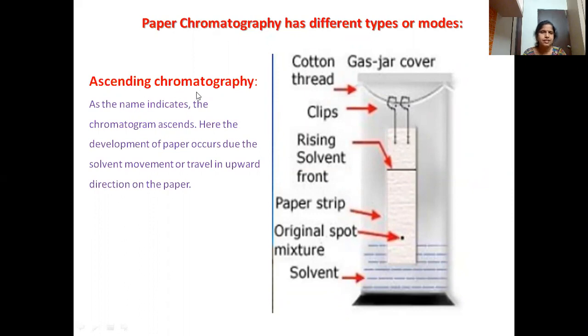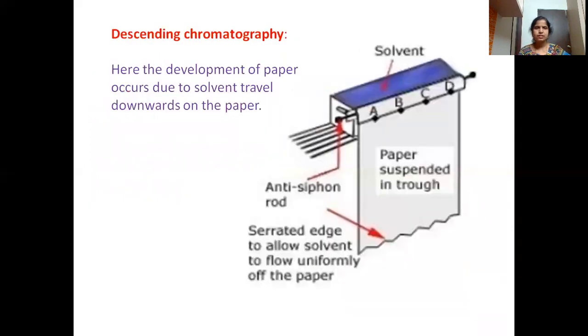Okay, why it is known as ascending is, here, as you can see, the solvent is traveling up. That is, it is moving up, or it is ascending up the filter paper. So from the bottom, it is moving to the top of the filter paper. As it is traveling in an upward direction, that is known as ascending chromatography. So the chromatography technique where the solvent is traveling in an upward direction of the paper, we call ascending chromatography. Then we'll see what the next technique is, which is descending chromatography.